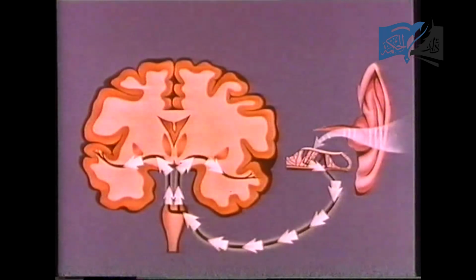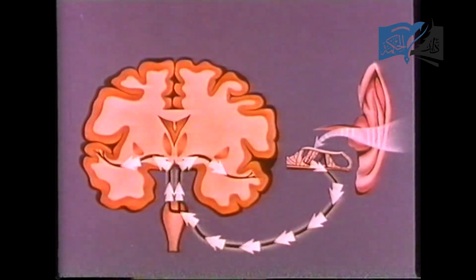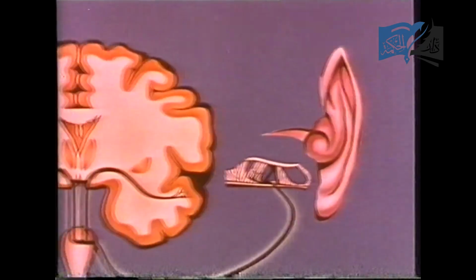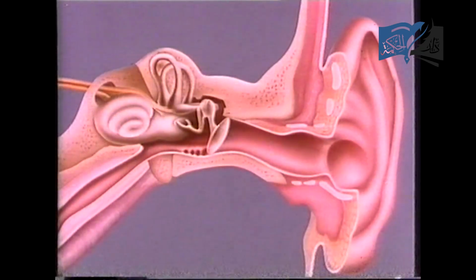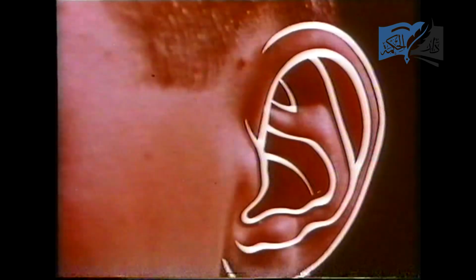From the auditory nerve, certain nerve pathways carry these impulses up into the brain stem and finally to this area of the cerebral cortex where the sounds are perceived. And that's the process through which the ear receives and transmits sound. In other words, it's the process through which you hear that special good night.